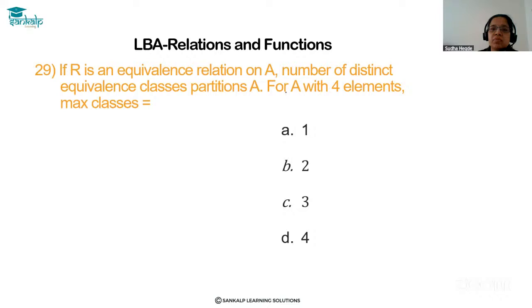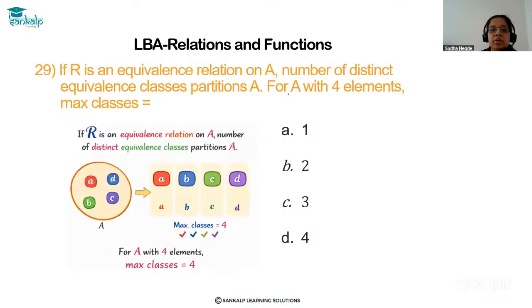So R is an equivalence relation on A, distinct equivalence classes partition A, and A has 4 elements. You need to check the maximum how many equivalence classes you can form. Okay? Since the classes are distinct,